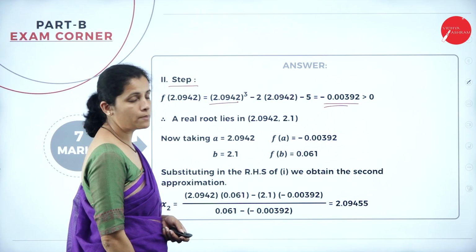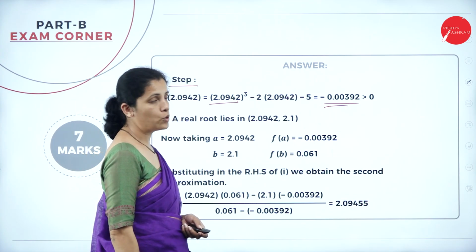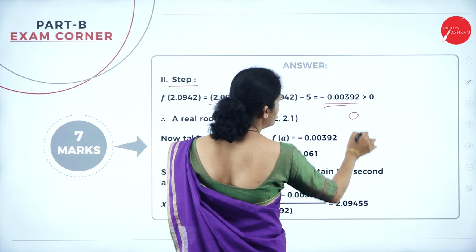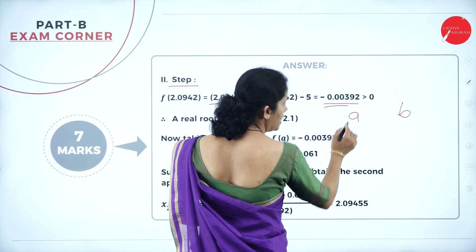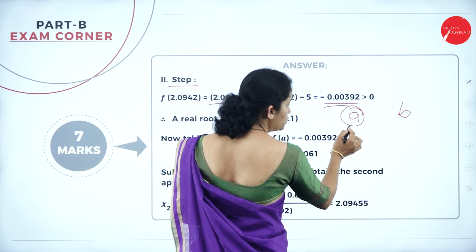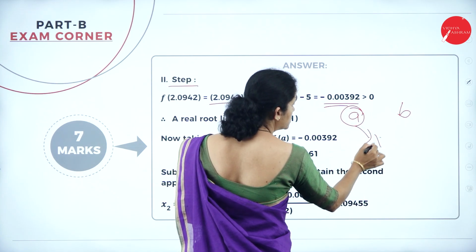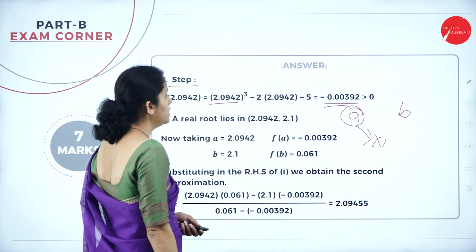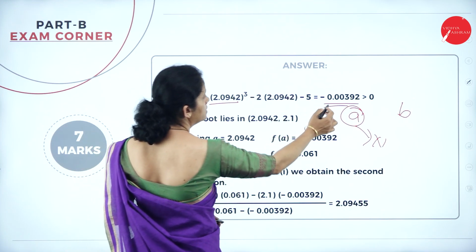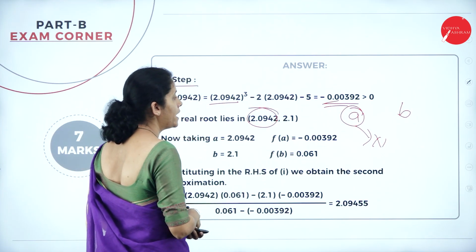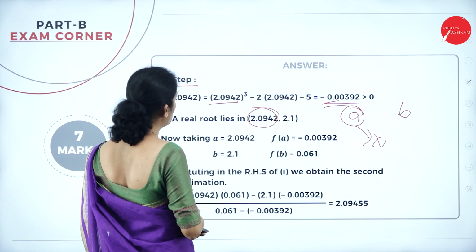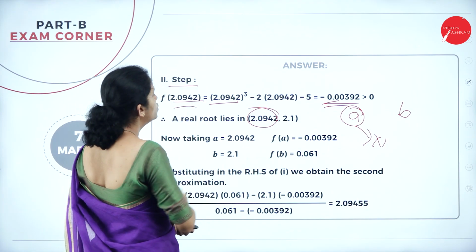Okay, if I am getting some negative value, what do I want to do? I want to change A, and B remains as it is. I want to change A to x1. So here, see, I am getting some negative value, so I am going to change A to x1. So what is x1? That is